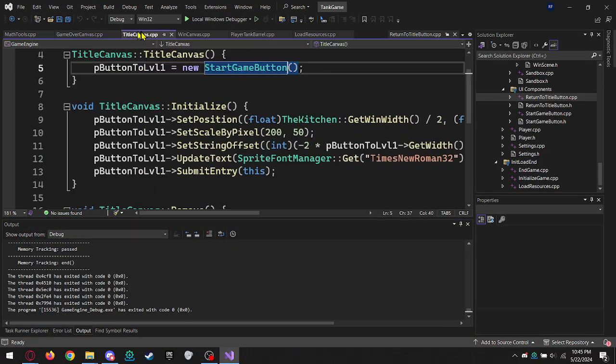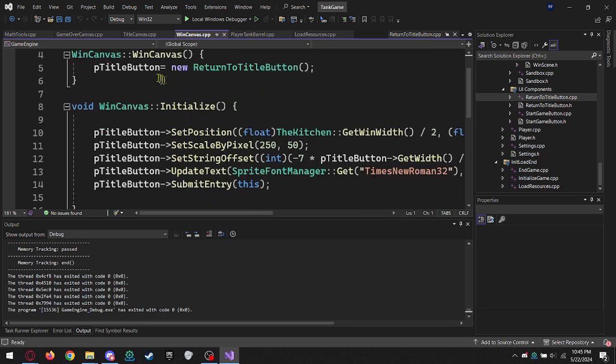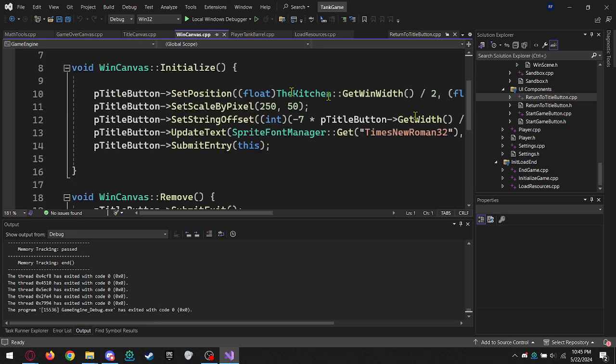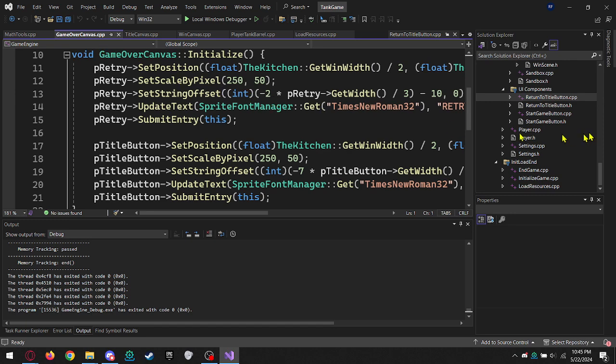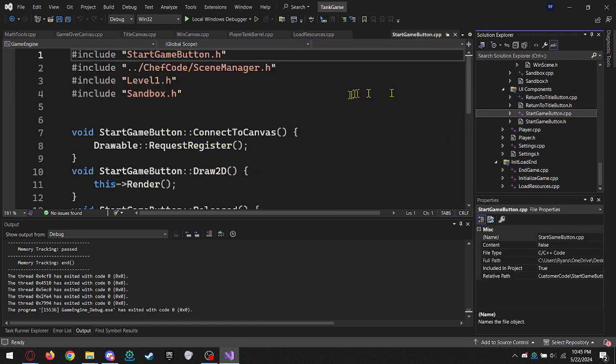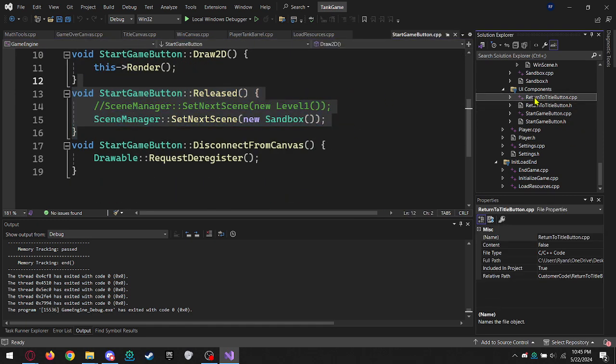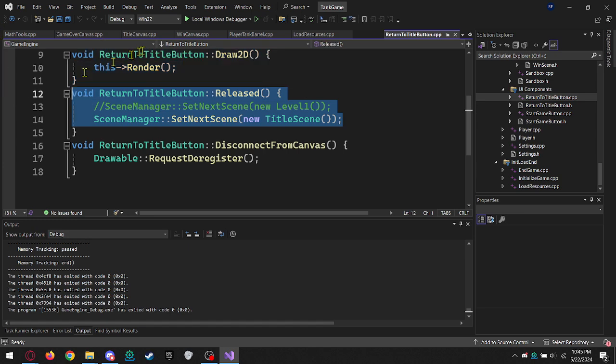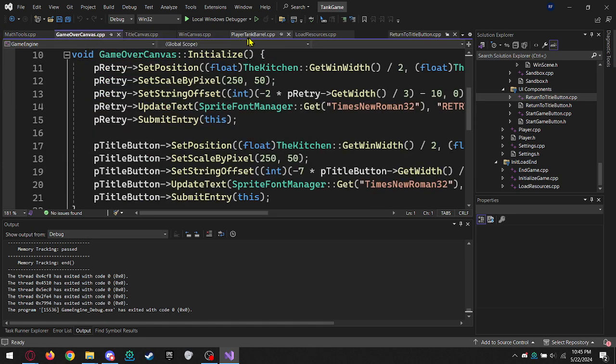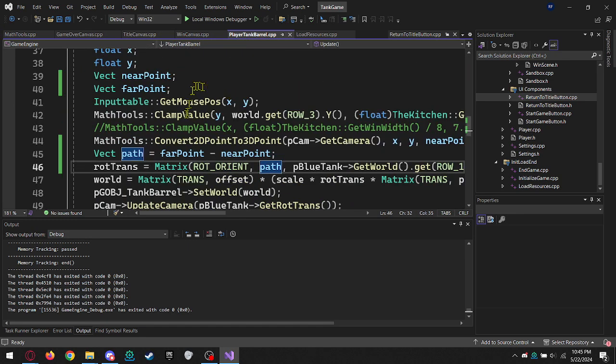For the coding this week, all three scenes have a canvas associated with them: the win, title, and game over scenes. These have either a start game button to start the levels or a return to title button to return us to the title scene. For the tank barrel, every frame we get the X and Y position of the mouse,